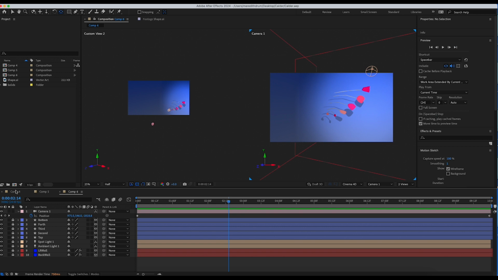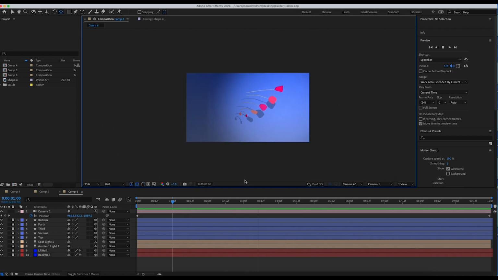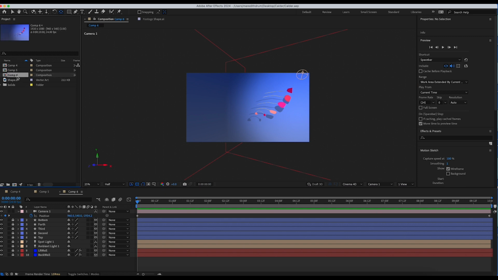Okay, so that worked out pretty well. Camera moves over as it animates. Let's just leave it for now. I'm going to go back to one view and we see how it works. Works pretty well. Save your work, and this is composition 6 that we're working with right here.